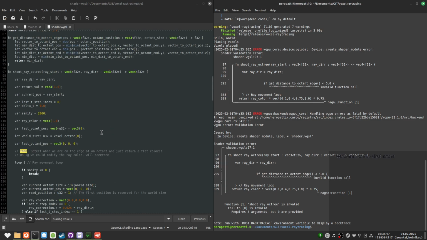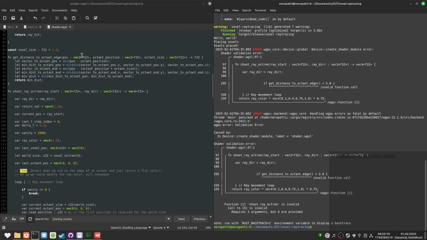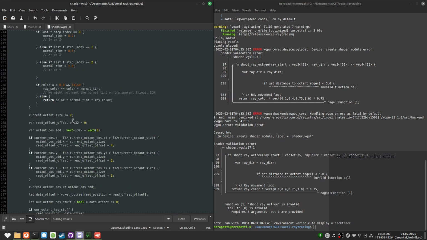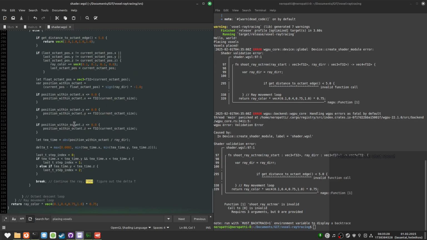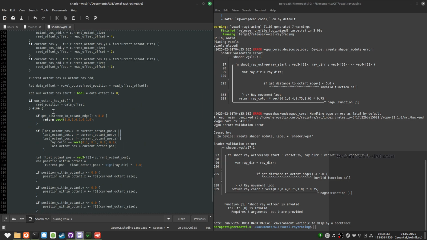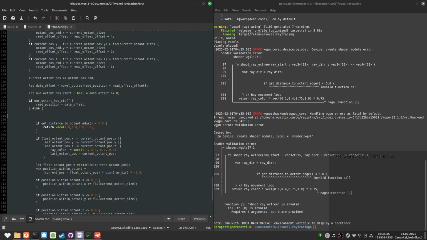And then we... Where do we have you? Why am I blind? Okay, here we go. So we have our position. We have our current octant position.